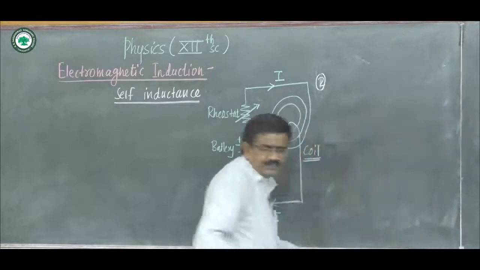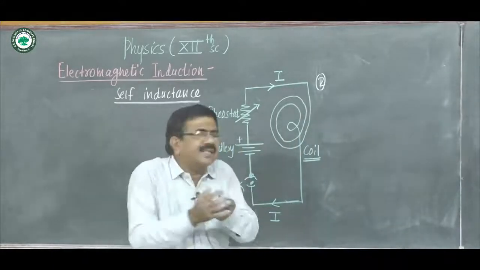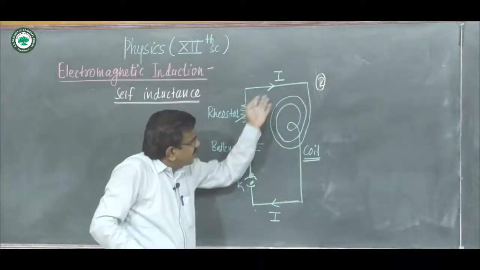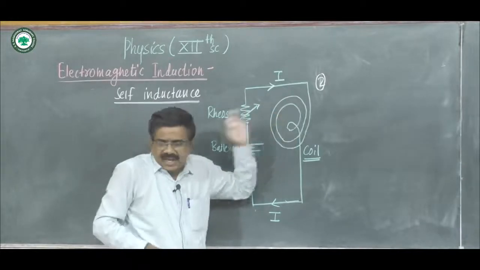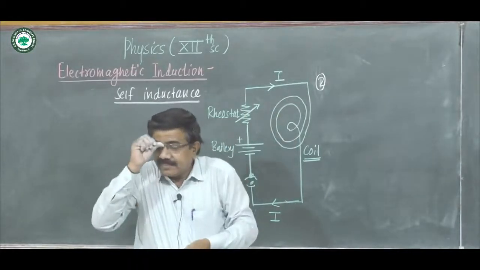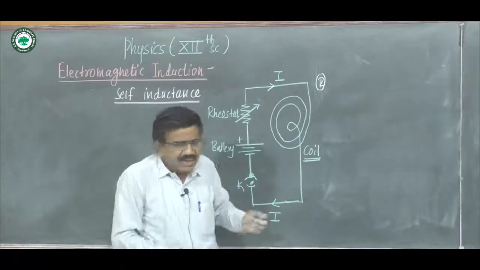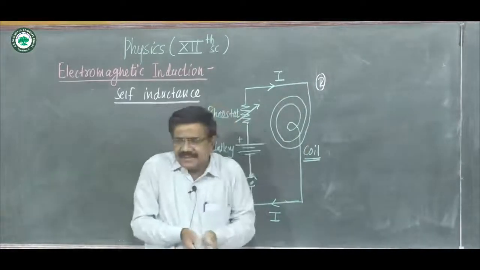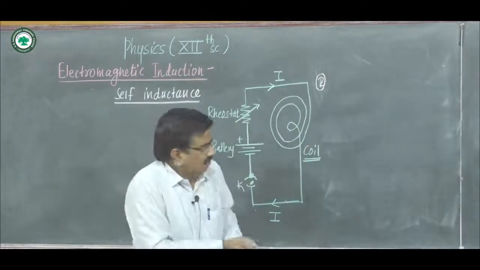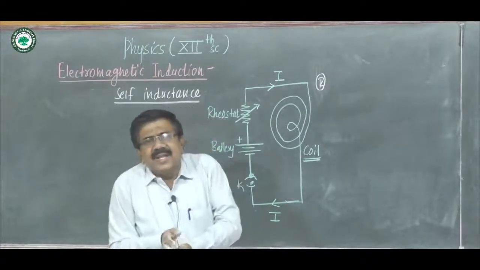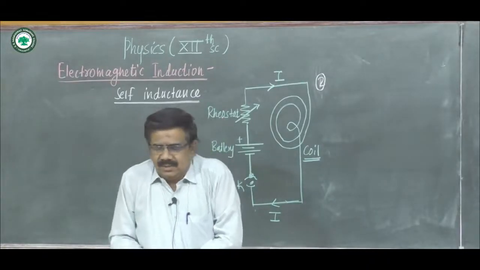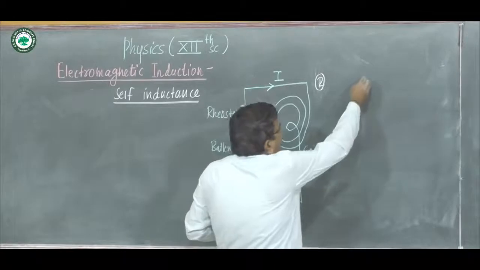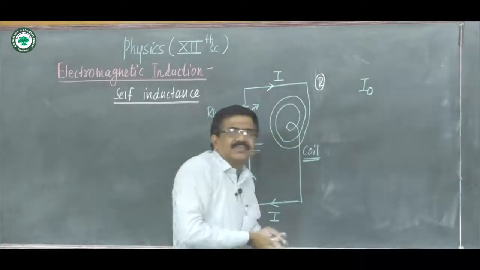As we know, the current in the circuit increases. In this circuit, as the current increases, EMF is induced in this coil, and this induced EMF opposes this current, or this induced current opposes this primary current by Lenz's law, and hence work must be done to establish the magnetic flux associated with steady current I0.